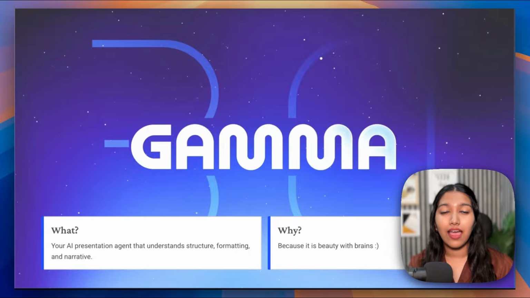And the next question is, why are we using the Gamma agent over any other? And well, what I'd say here is that it is beauty with brains, which means that it is a perfect combination of creative as well as logical thinking. So if you're looking for modern design which feels like 2025 and you need some good intelligence to get the correct text in there, then I would highly recommend you go with the Gamma agent.